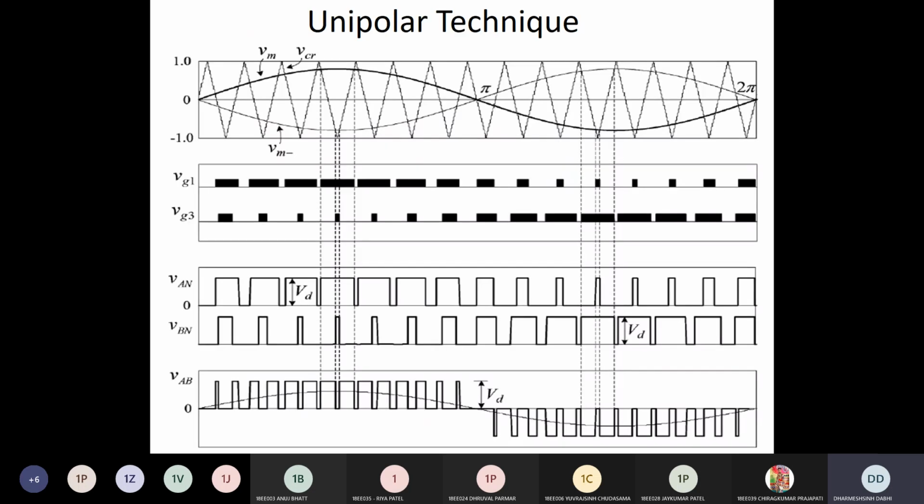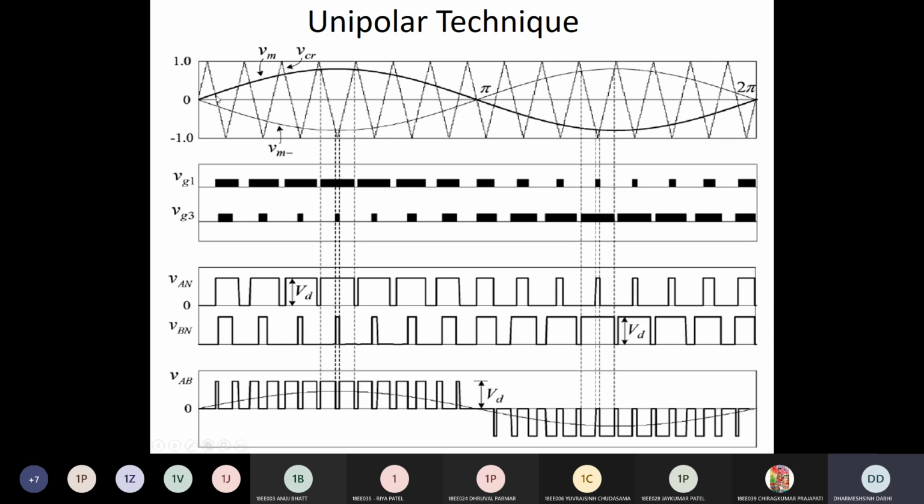So the logic remains the same as we saw in the bipolar technique, but in this technique we take two sine waves as reference signals. So you can see that the first sine wave is a positive sine wave and the other is a sine wave with a 180° phase shift. It means first the negative cycle starts, and then the positive cycle starts. Clear? So first we compare this positive sine wave with the high frequency triangle wave. Here the triangle wave frequency is the same 1000 Hz and the reference signal sine wave frequency is 50 Hz. So again the frequency modulation ratio is 20. Clear? Same as we took in the bipolar technique.